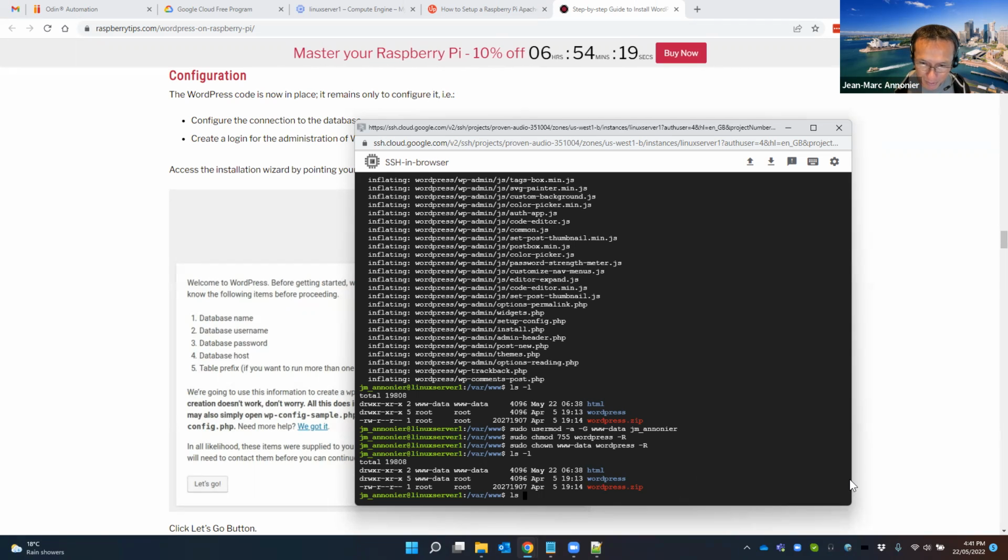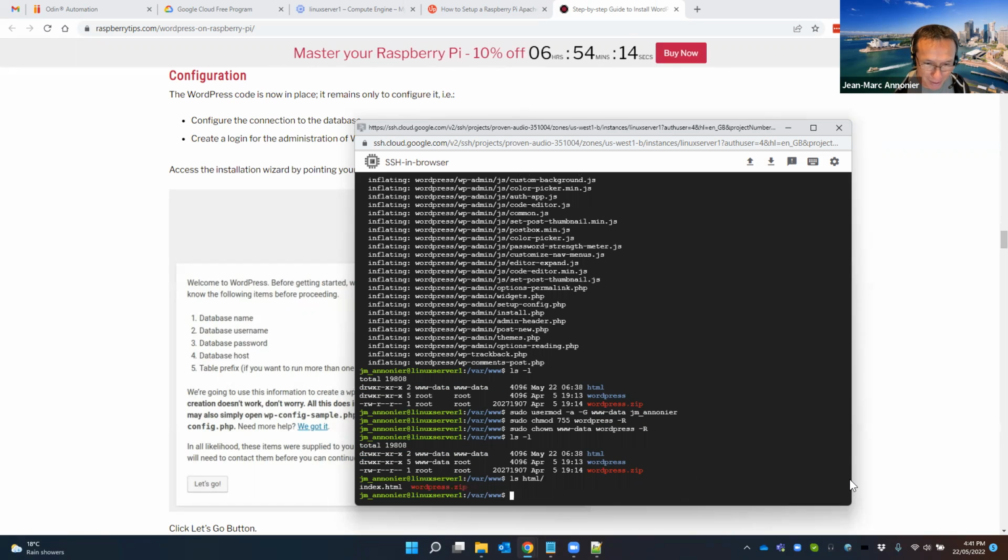If you look at the content of this, it's basically just the index.html file that we had before. But because we're using the WordPress folder, we need to create a virtual folder, a virtual website that is going to be accessed using the DNS name.